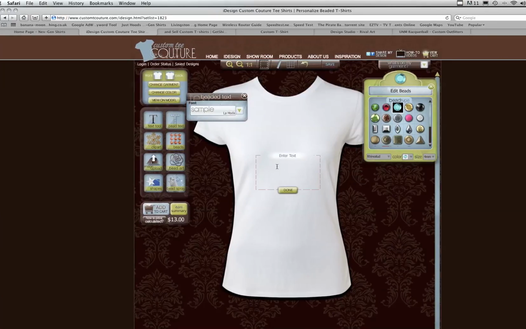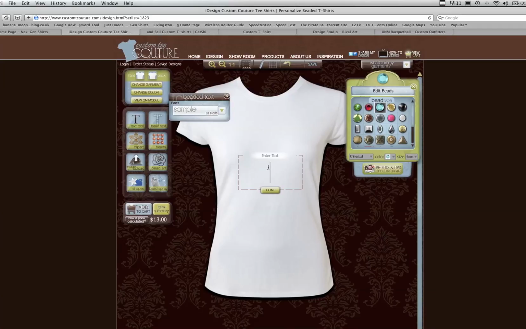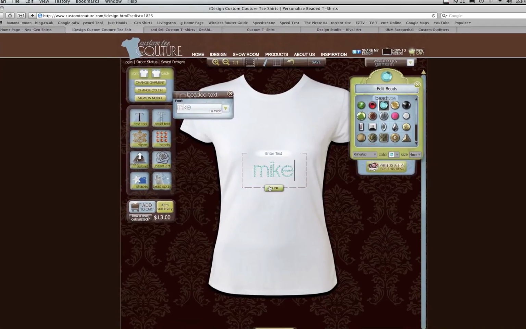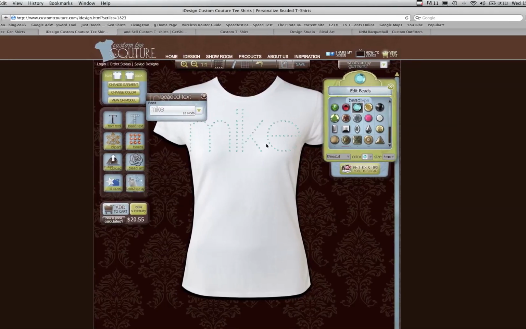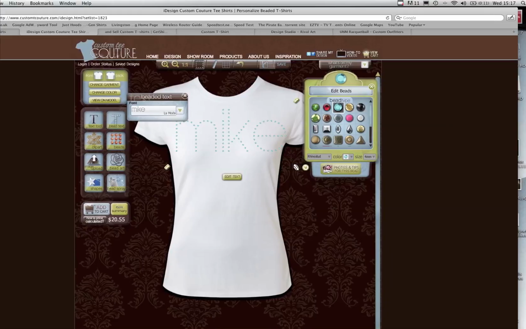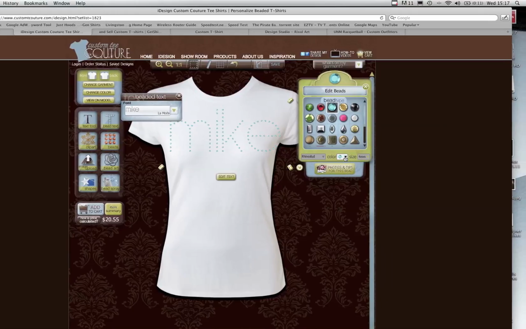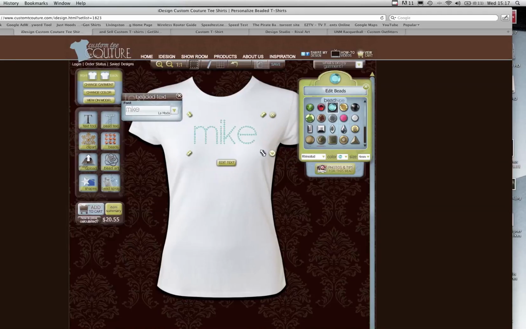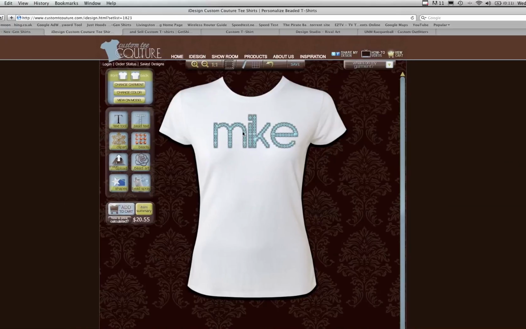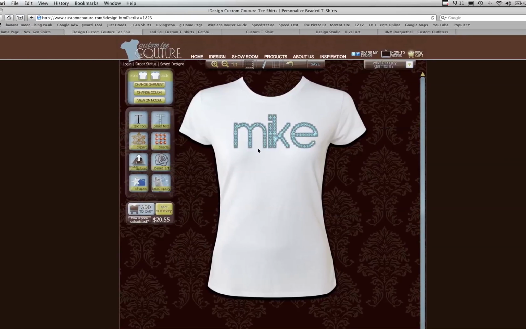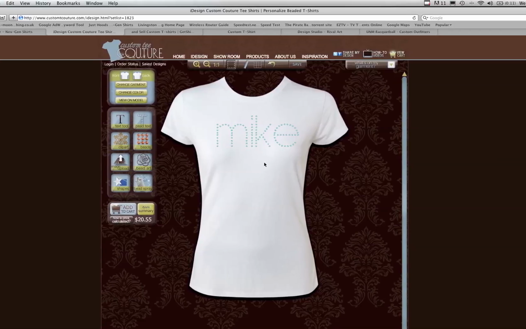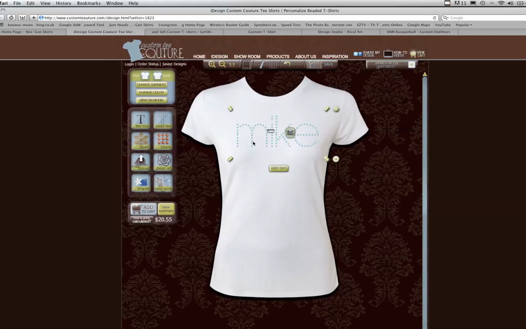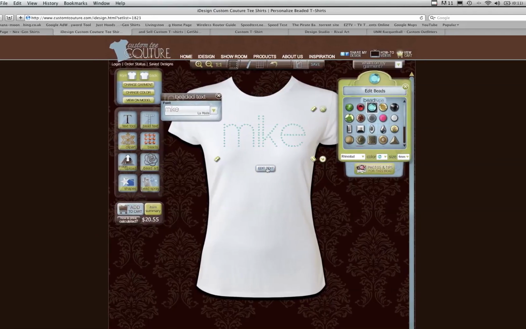What is clever is when it comes to the bead or rhinestone examples. So if I type in Mike on this, I see the text rendered as rhinestones. And again, when I enlarge this, the rhinestone size is not increasing. It remains the same. We are still using a 4mm rhinestone, or rhinestud in this case. And it's the spacing between those characters that changes. Also, when we look carefully, we can see there's actual flash movement going on around these gems. It's actually glistening to let us know we have rhinestones on the garment. That's very clever, and I haven't seen that done before, and it will be perfect for our rhinestone machine and that